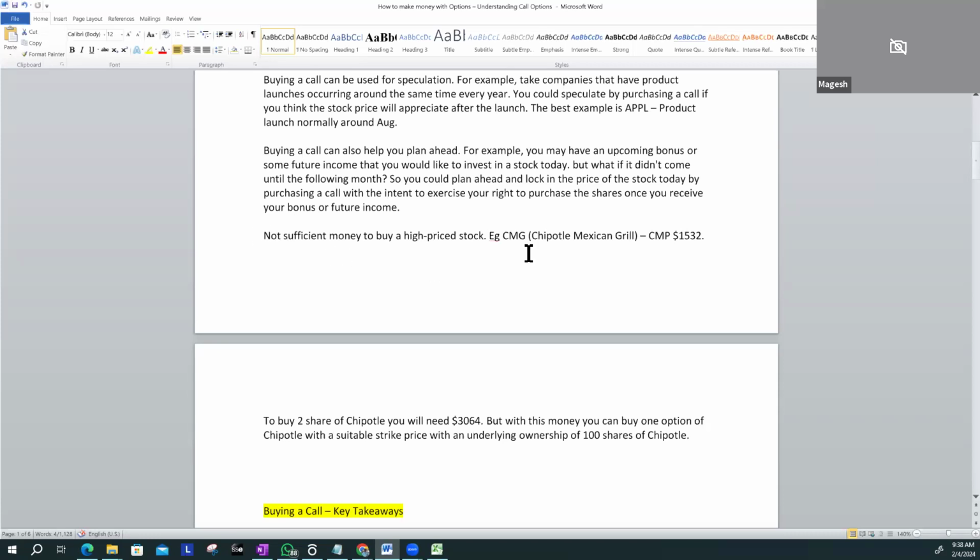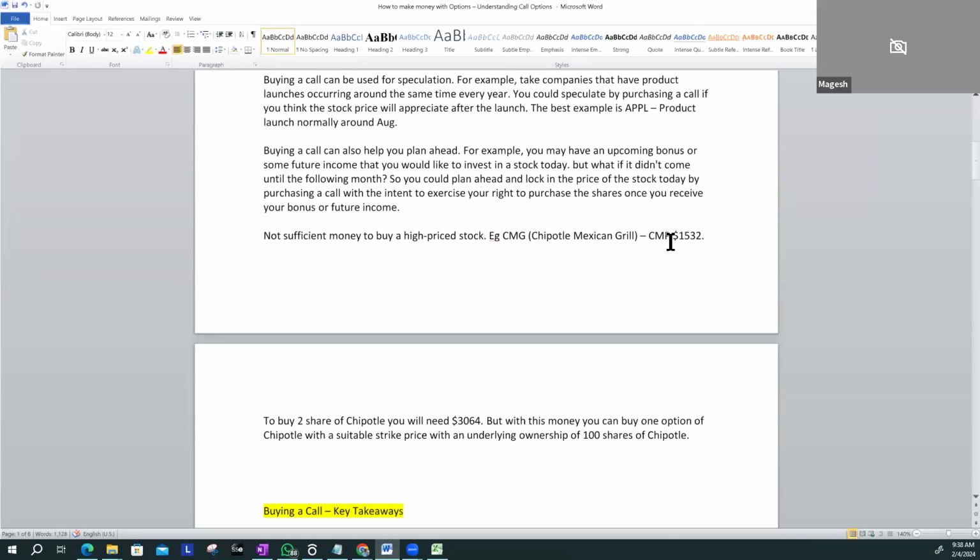So we never know. So not sufficient money to buy a high price stock. Okay, Chipotle. One of my favorite, but I can never buy that. It's because of the price. It's now, I think, 2000 plus, 2300. So if you want to own a share, unless you're a millionaire, you cannot own a lot